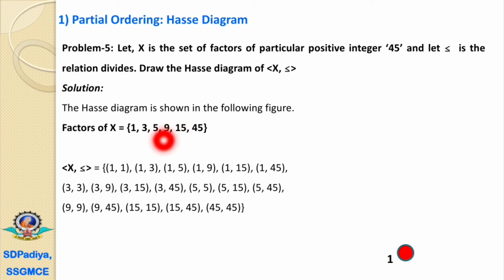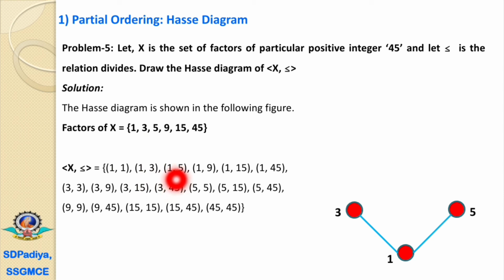Then 3 has a direct relation with the 1. That's why we'll design 3 at the upper level. But if we check the next, there is no relation between the 3 and 5. It means at the second level there must be the 2 elements, that is the 3 and 5. That's why we have designed the 3 and 5 in the same line. 1 has a direct relation with 3, that is 1, 3 is there, that's why we have connected, and 1, 5 is there, that's why we have connected.